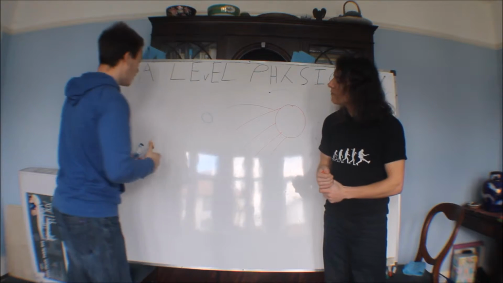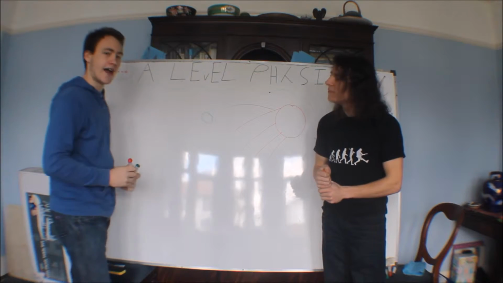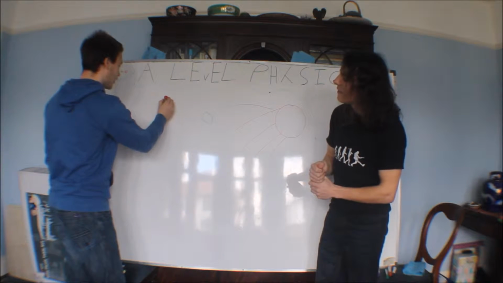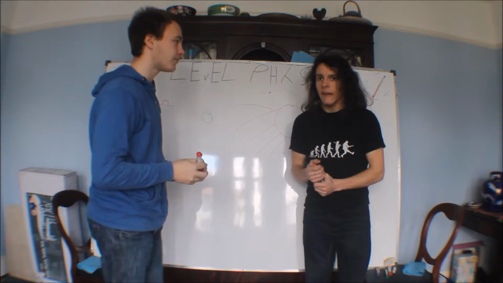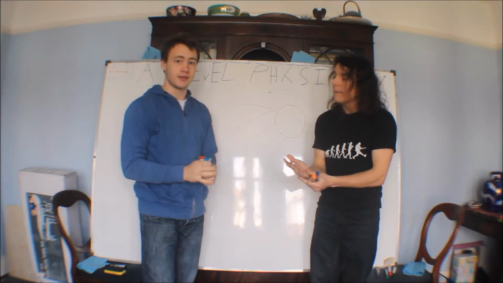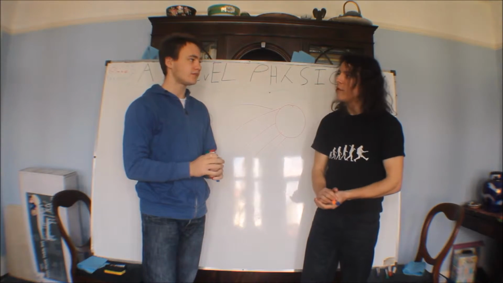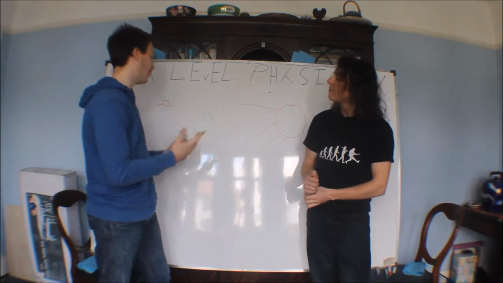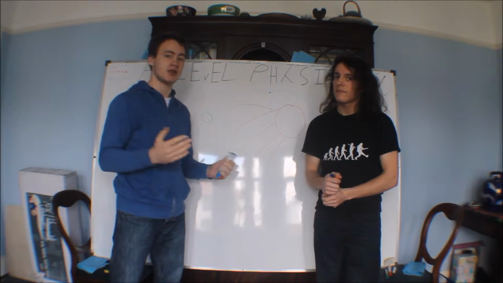If you hold, I can't draw a hand, this is a hand. That's a lovely hand, Wayne. If you hold an ice cube, you know the ice cube's going to melt. And the water will warm up to the temperature of your hand, but your hand also cools down. And this is the equilibrium being reached, the heat shifting between the two things. They reach thermal equilibrium when they both reach the same temperature.